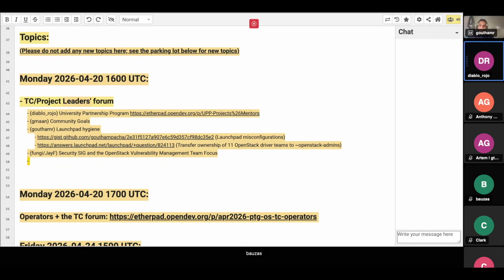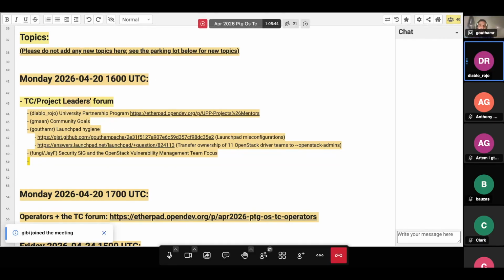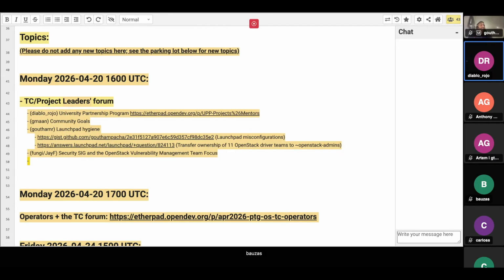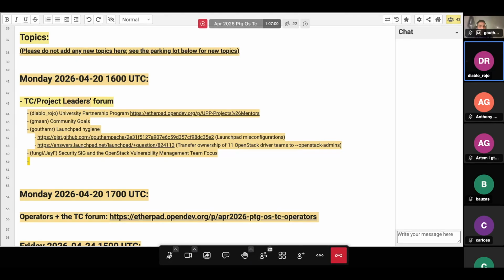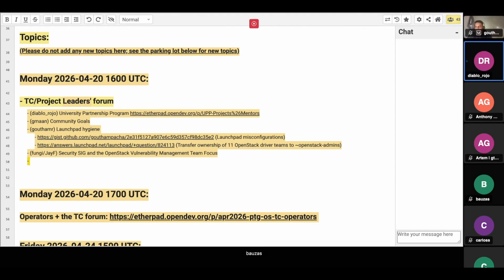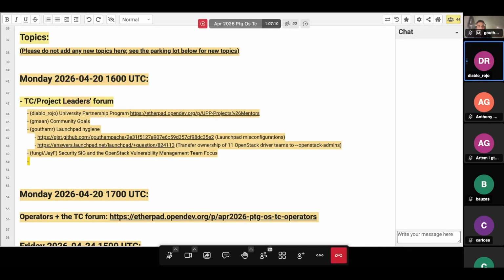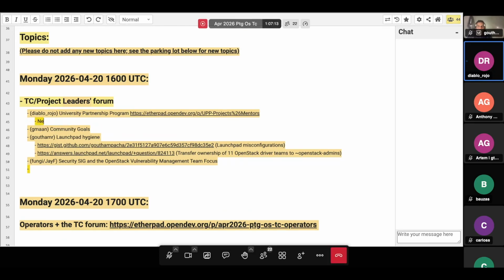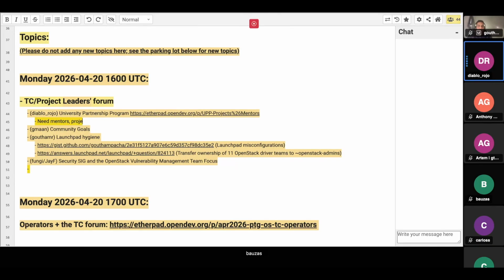Yeah, sure. So hopefully, as a lot of you know, I organize and facilitate our university partnership program. So I act as a go-between for professors looking for projects for students to work on and our wonderful OpenStack community here. So I had created this Etherpad around the time of the last PTG in October of what year are we? 2025. We're in 2026 now. And it would be great to get attention on this again